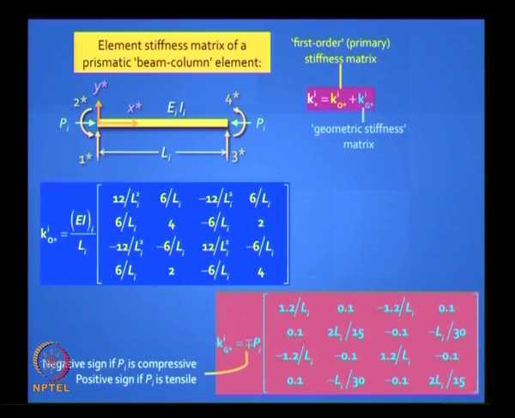Is it clear? We put minus plus P. The default is minus if the P is compressive, but it is positive if P is tensile, because you know the primary stiffness gets actually enhanced when you have axial tension. So we have actually simplified the whole problem so beautifully. It is very easy to now write down the stiffness matrix. We are including a correction for the axial force.